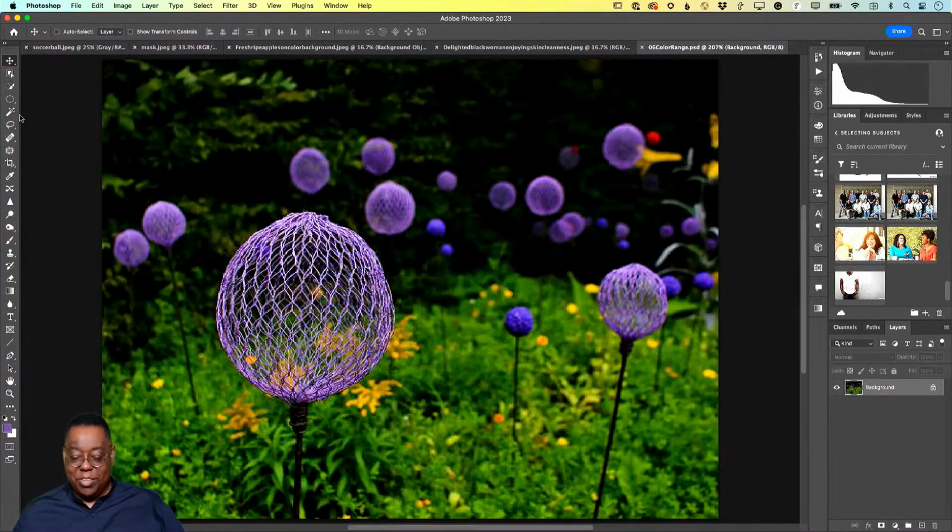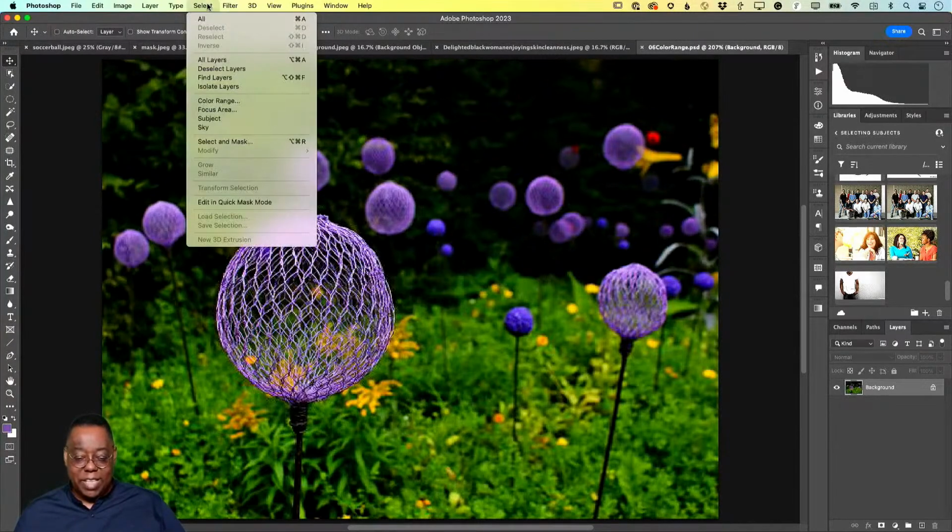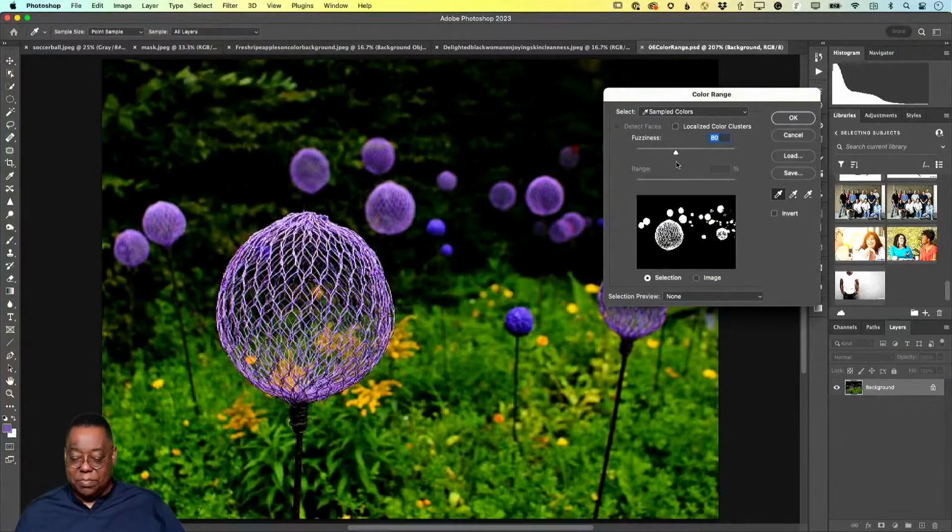They want to change the color of these purple balls, but imagine trying to select those and not get the little spaces in between the wires. So Photoshop has always had, or a long time ago had, Select Color Range. This is a legacy selection method, but it still works. Select Color Range lets you click on a color,